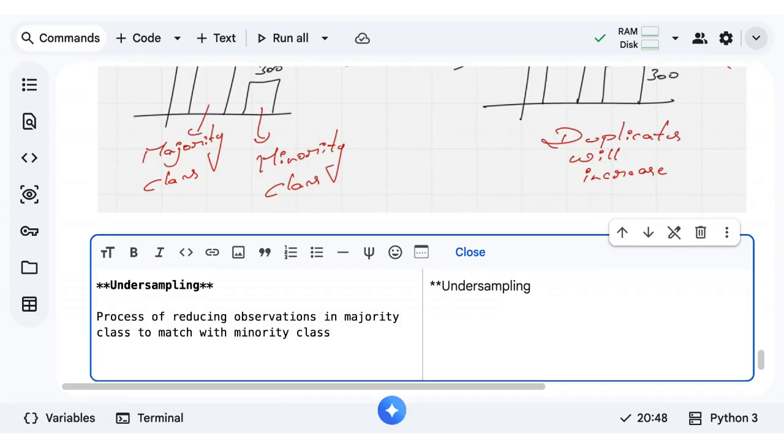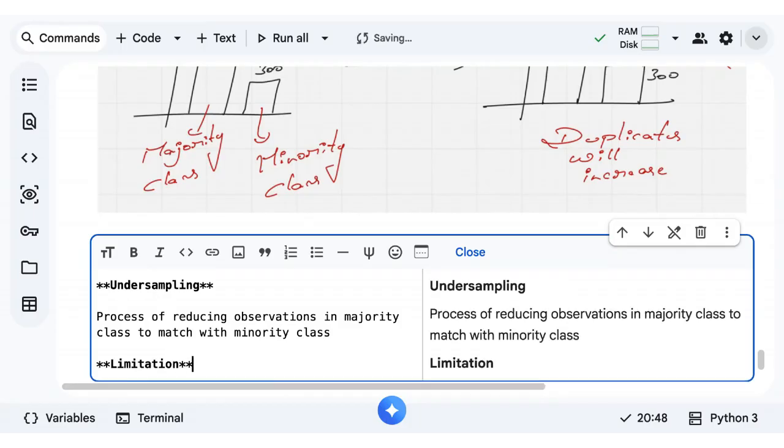So what will happen in this case? What is the limitation of this? We are reducing the number of observations in a majority class to match it with a minority class. So what's happening with this approach?